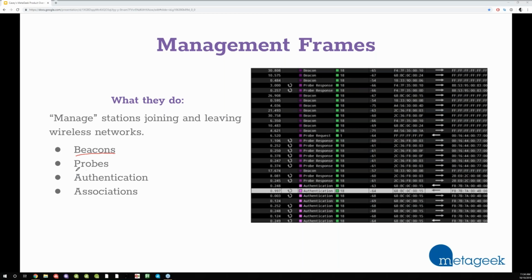Probes are kind of the opposite of a beacon. Probes usually come from the client device, and they're probing for networks. You might not know this, but when you have your iPhone out and you're not connected to a Wi-Fi network, it's constantly probing for Wi-Fi networks. It's saying, hey, I'm Casey's iPhone, for instance,